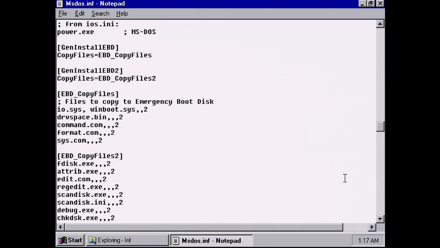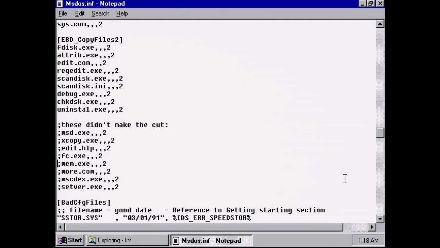to the section in MSDOS.INF that tells Windows which files to copy from the CD to a startup disk, you'll find that a number of files were originally intended to be added to the disk, but were later excluded. Among the excluded files is a driver called MSCDEX.EXE. This shows that CD-ROM support was originally meant to be included in the startup disk by default, but up